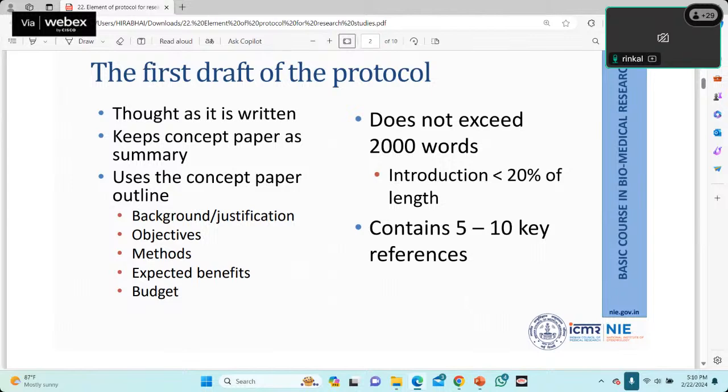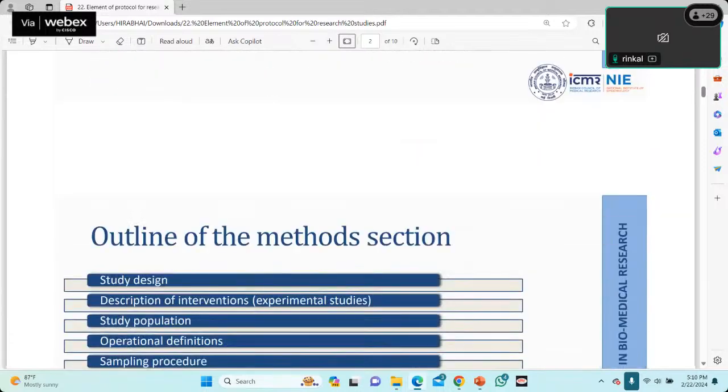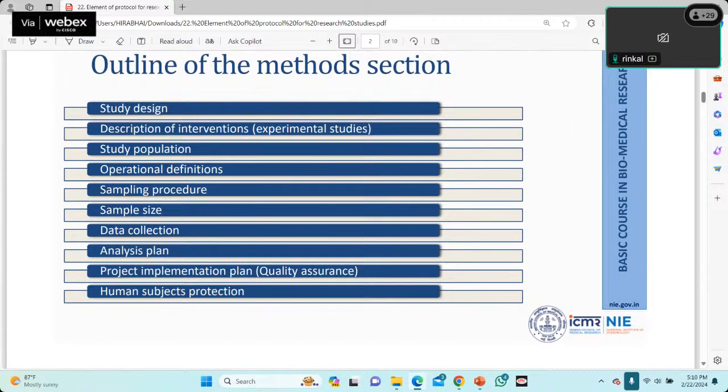So what are the characteristics? It should not exceed 2000 words, and the introduction should be less than 20% of the length, and it should contain 5 to 10 key references. Okay. And these are the headings under which you are going to write the method section: study design, intervention, population,